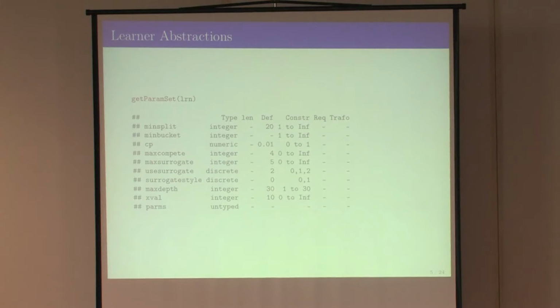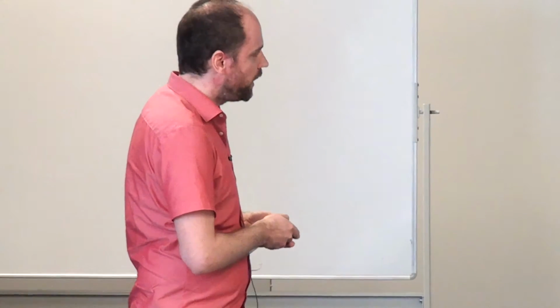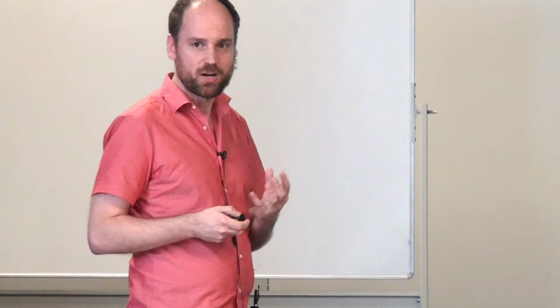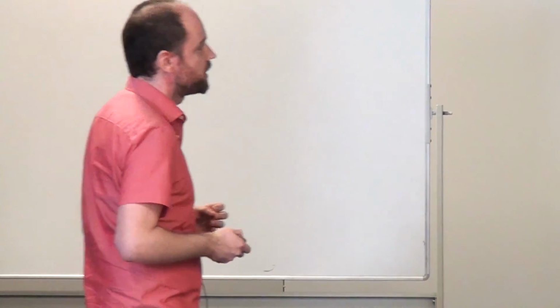You can say, well, this parameter is actually a dependent parameter. So think about a kernel for an SVM, right? The kernel width, which is usually called gamma, only makes sense if you use the RBF kernel or maybe one or two of the other kernels, but definitely not if you use a linear kernel. So you can model dependency structures in parameter space. That gets interesting if you think about tuning those.